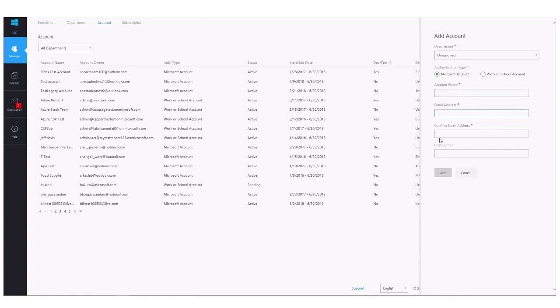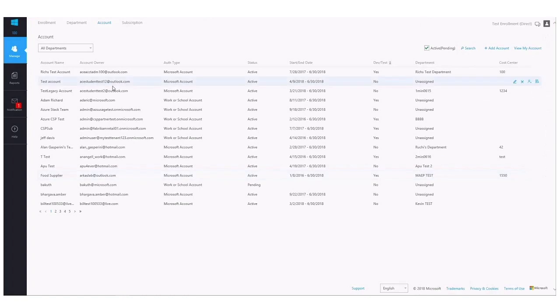You assign an owner to the account by adding their email address or UPN here. The enterprise administrator or department admin can assign themselves as the owner of the account, or they can choose to delegate that responsibility to someone on their team. The account owner oversees the technical side of Azure deployments, essentially creating and managing the subscriptions day by day. You can again assign a cost center here for reporting purposes. Then, once you select Add, you'll notice the account pop into the list here on the left side.